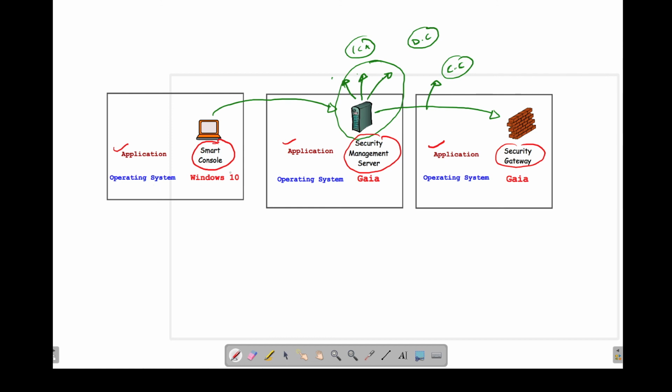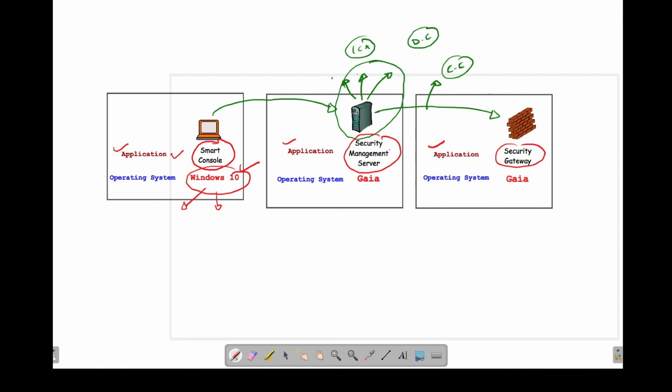So in our labs, we keep a Windows 10 system and install Smart Console as an application on it. We could use Windows 7 or Windows Professional. We can also use some Linux system to run the Smart Console application.